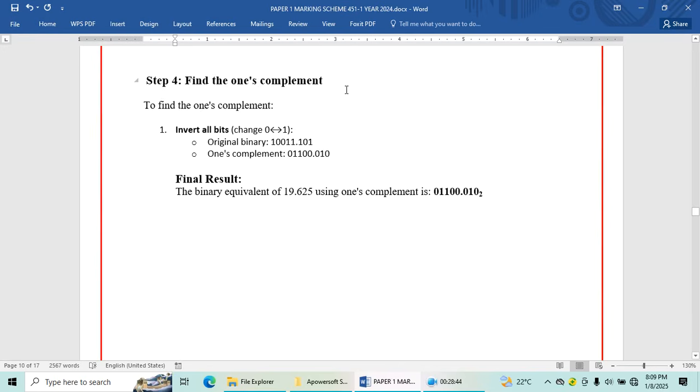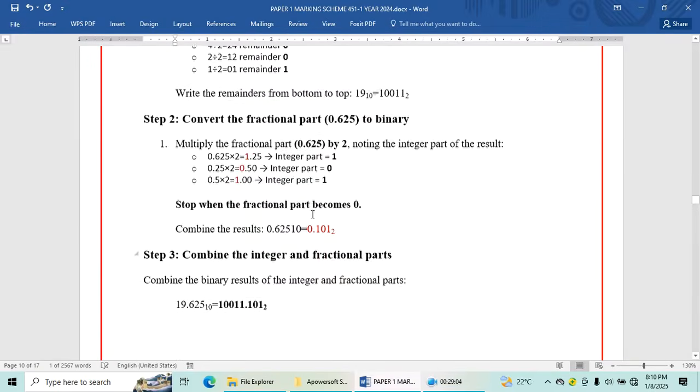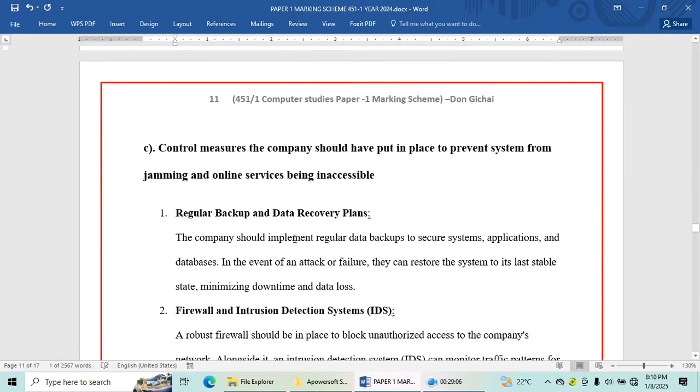Remember, the ones complement of a number is that number you invert, you negate. What is 0 becomes 1. What is 1 becomes 0. And then 2's complement of a number is 1's complement of a number plus 1. That is also something to note. So our answer is that one. You can pause the video or you can just rewind the video to see the steps.